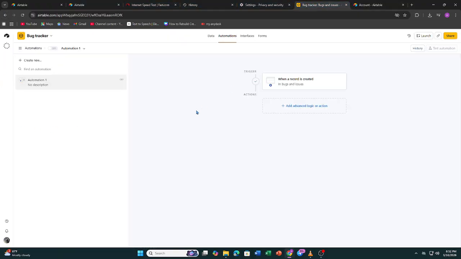If the issue continues, try turning the automation off and on again, or recreate it from scratch. Sometimes rebuilding the automation fixes hidden configuration problems. And that's it. Most Airtable automation issues can be fixed by checking triggers, reviewing run history, and verifying permissions or